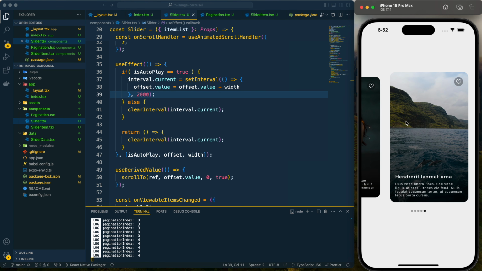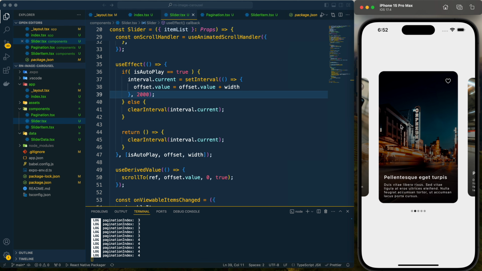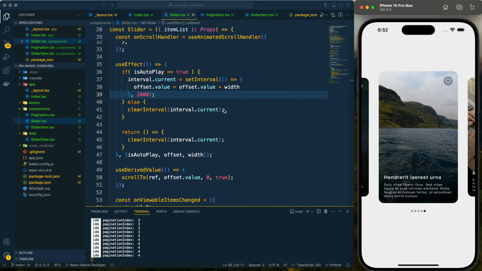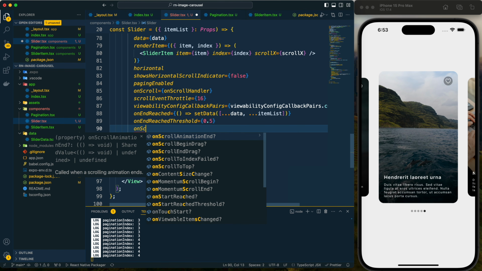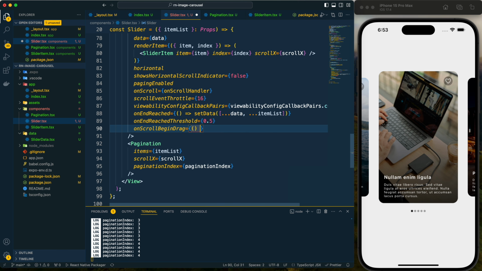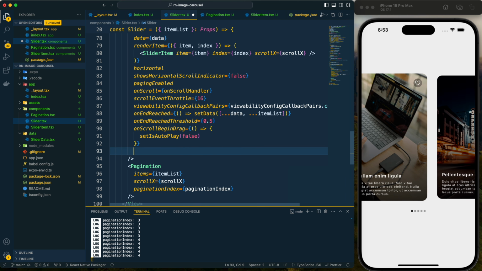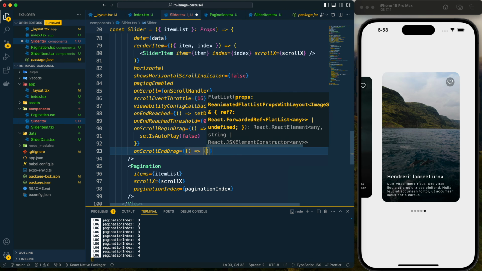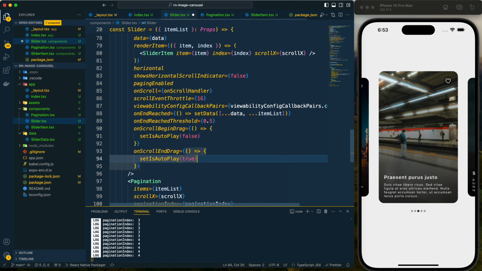So when we are scrolling by ourselves, that time it is not stopping the autoplay and it is increasing the value. That we need to fix, and for that here on scroll begin drag I will provide setIsAutoplay as false. On scroll end drag, setIsAutoplay as true.